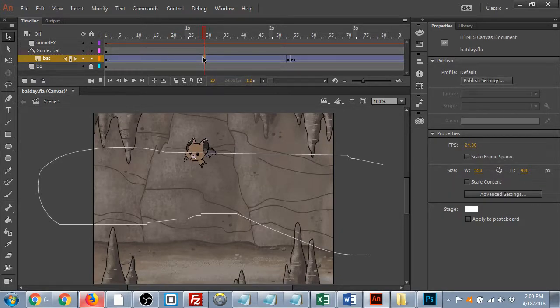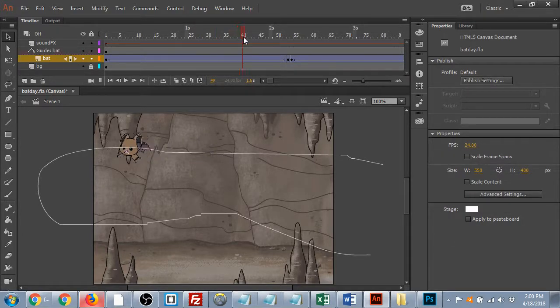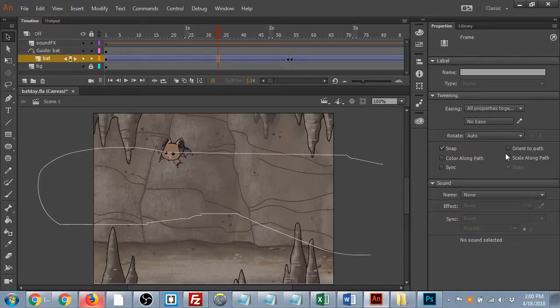Okay, and then we already kind of saw it. We have the oriented path. So what that does is, right now he doesn't move. His ears just stay there. He's just standing up. He's vertical basically. He doesn't move at all. He just stays there. But if I do the oriented path, now he kind of rotates according to the path